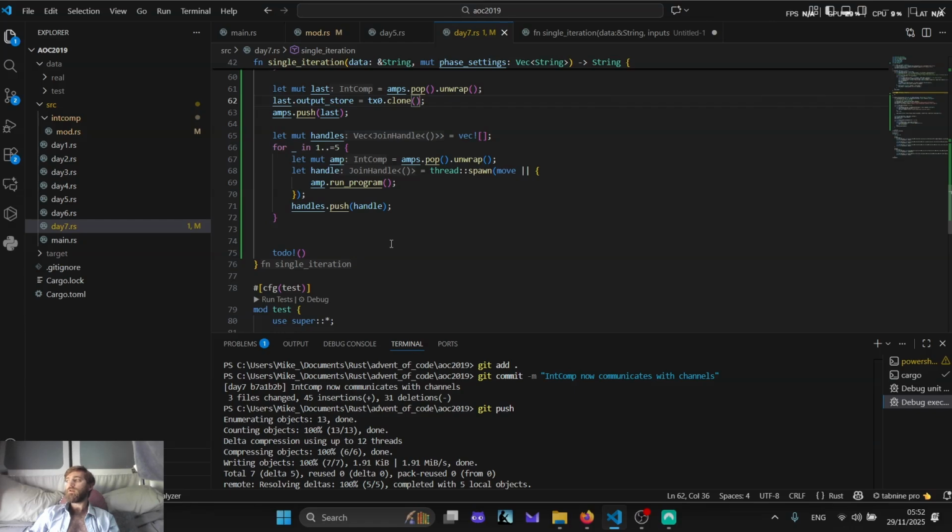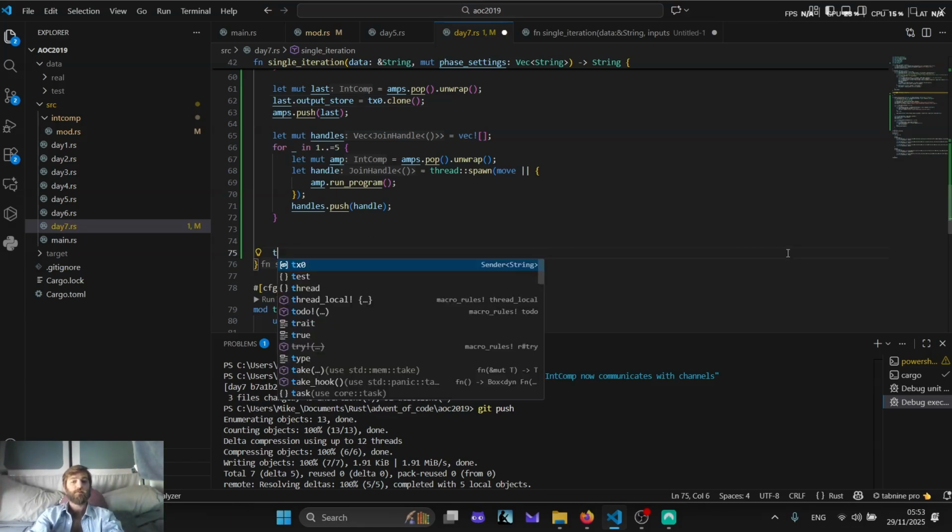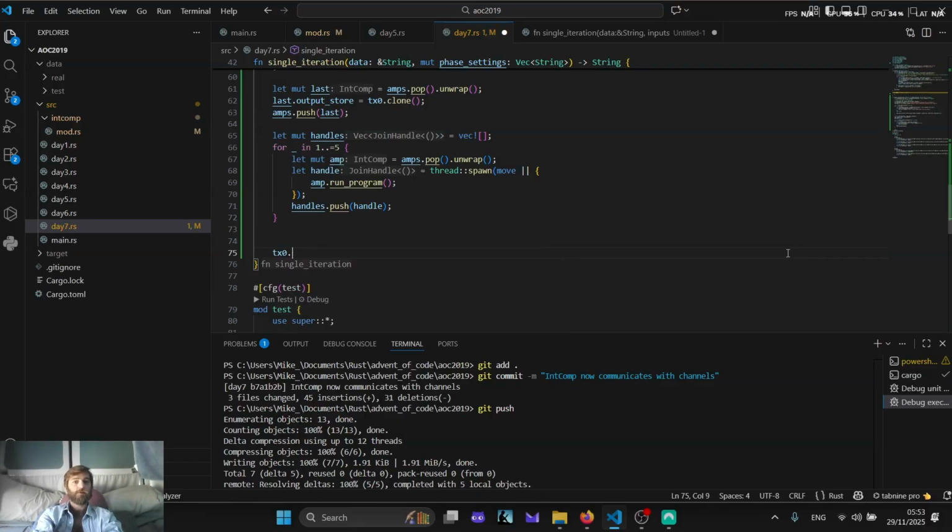So I'm kind of relying on the idea that due to the way the input is set up, amplifier 1 is going to terminate before amplifier 5. So amplifier 5 will push its second to last value down tx0. Amplifier 1 will take it and will terminate, and will never try to call a value off of that channel again. And then amplifier 5 will push a final value down, which we can return with tx0, not tx0,